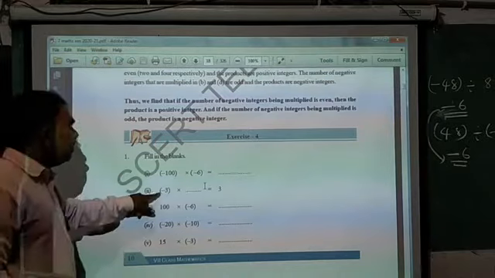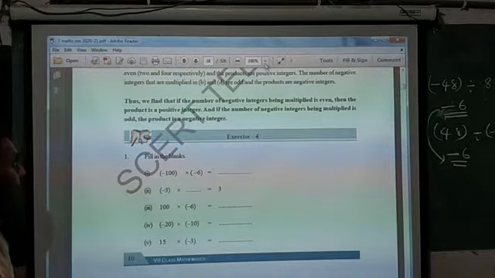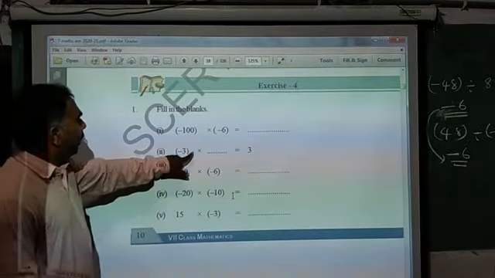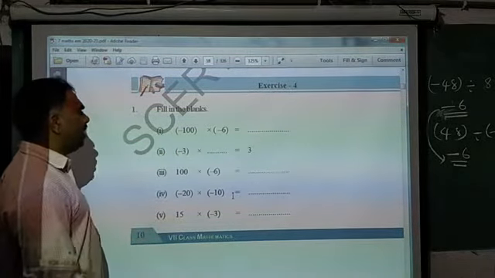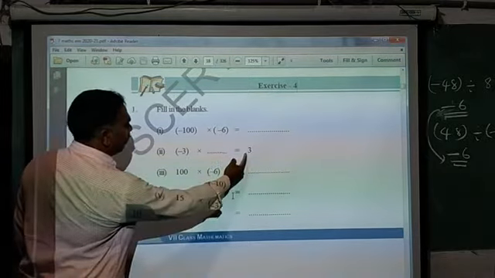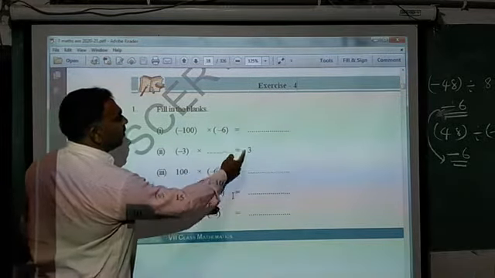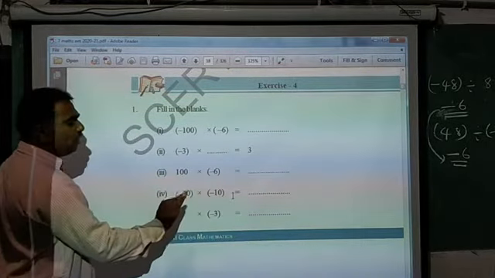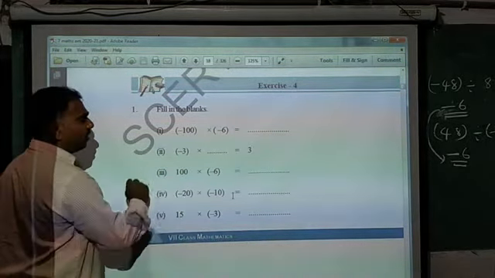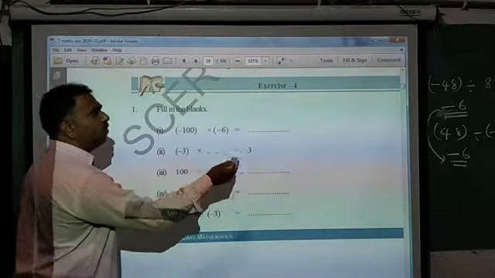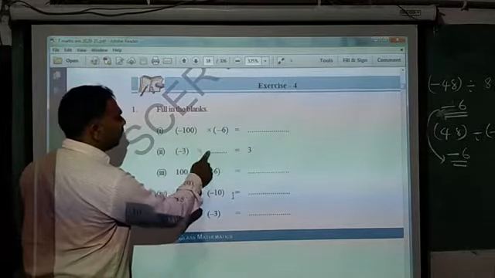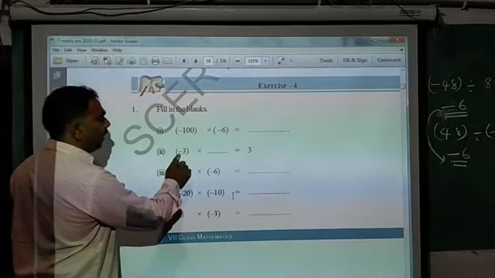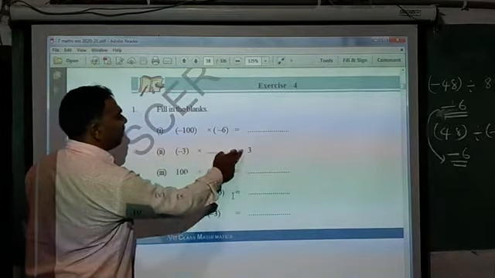See here it is -3. So -3 into dash will become +3. Easy. We need to get a plus symbol. Minus and what will become plus? Combination you know. I want the answer plus. How do you get plus? Here one minus is there. Minus and minus only will become plus. Minus and plus will become minus. I want plus, so compulsorily what should we do? Minus and minus. Minus and minus will become plus.